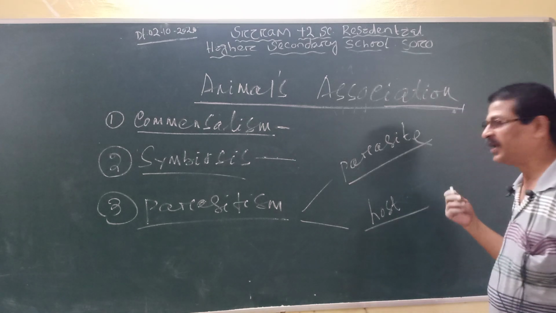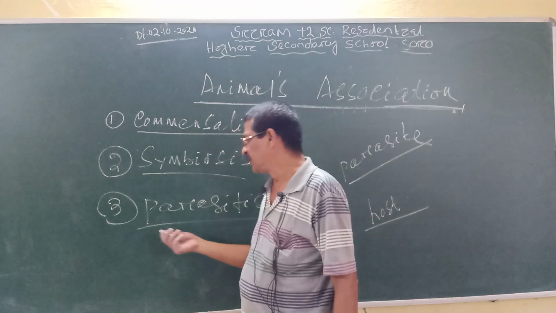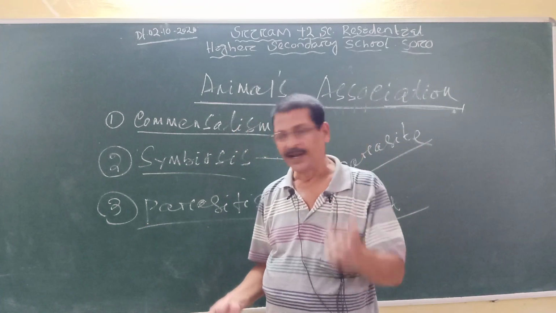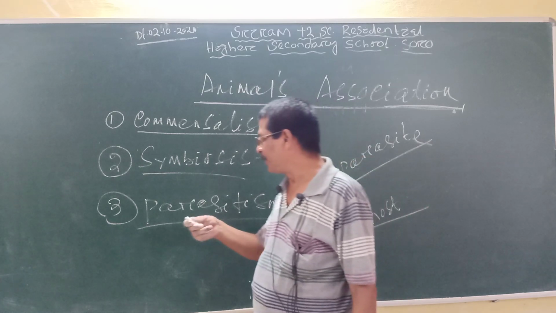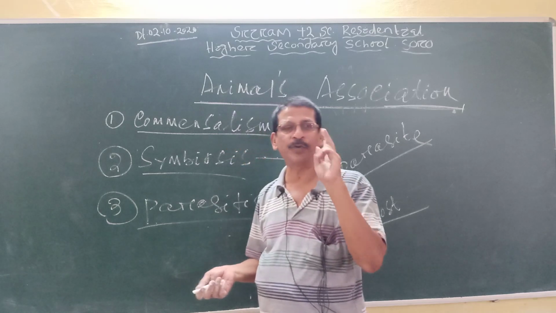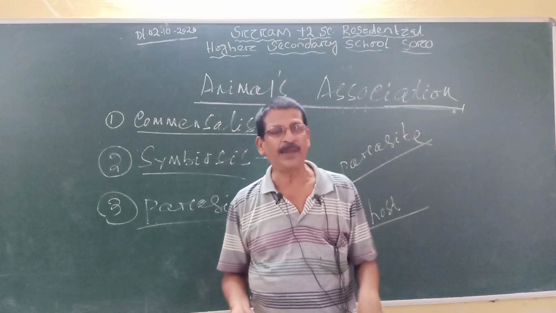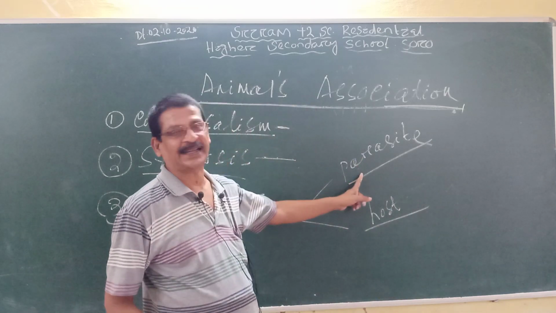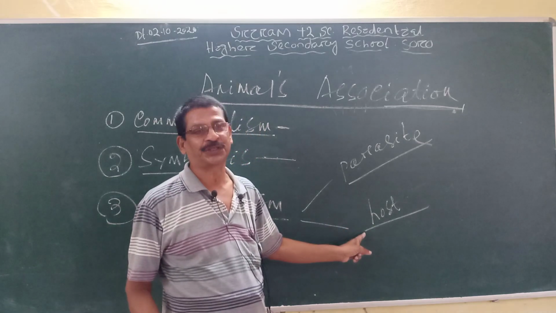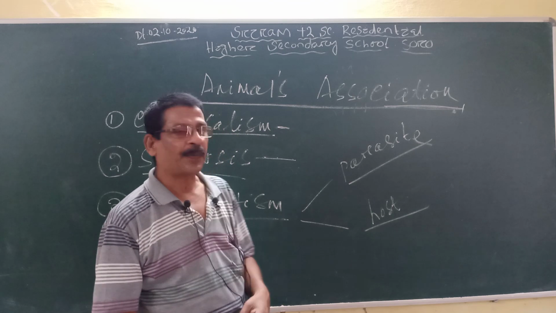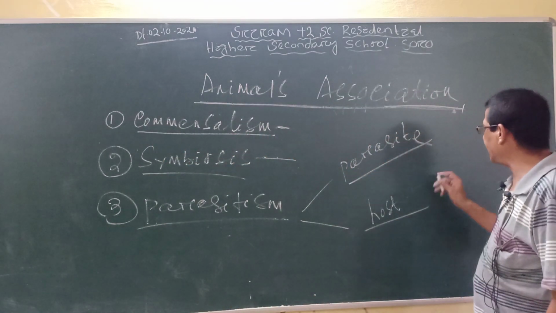So let me repeat again: parasitism is a very dangerous association. Parasitism is an association between two different organisms where one is benefited and that is called the parasite, and the other is injured and that is called the host. Clear? So this type of association is called parasitism. So you take the example of